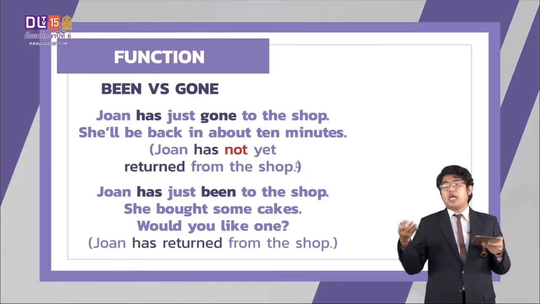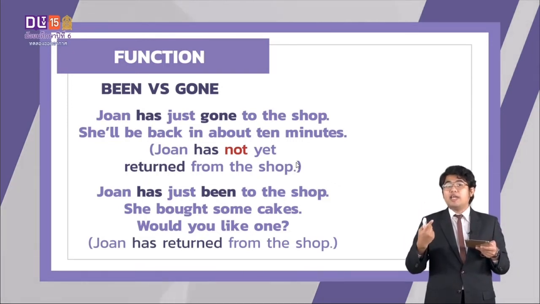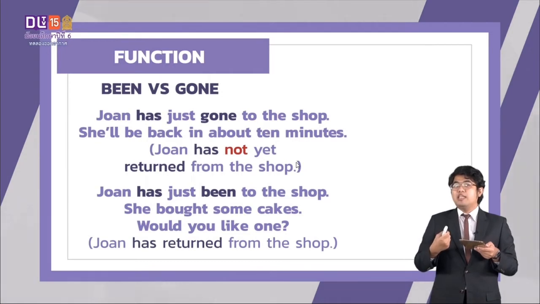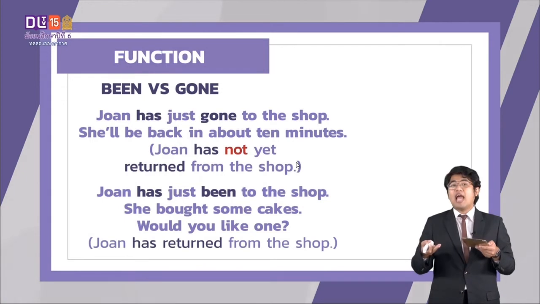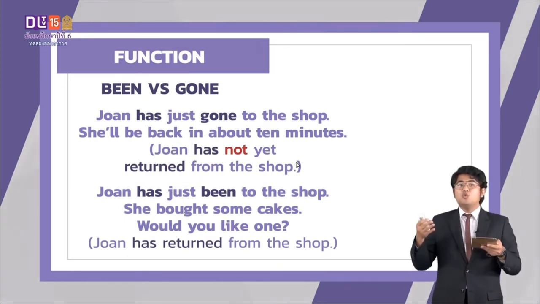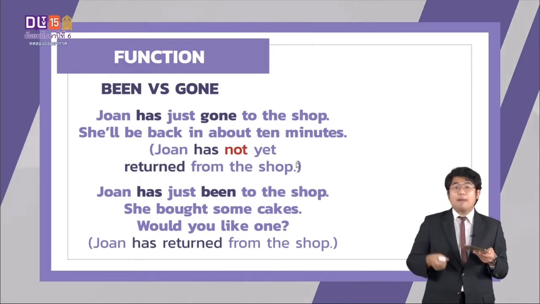Let's compare the difference between gone and been. Look at gone. เป็นไงครับนักเรียน has gone หมายความว่าไงครับ you can see the explanation. John hasn't yet returned from the shop ก็คือทำไมครับไปแล้วแต่ยังไม่ได้กลับมานั่นเองนะครับ ต่อมาอันที่2ครับ John has just been to the shop. It means that John has returned from the shop. หมายความว่าถ้าเราใช้ been has been to the shop หมายความว่าไปที่ช็อปแล้วและตอนนี้เขาก็ได้กลับมาแล้วนั่นเองนะครับ